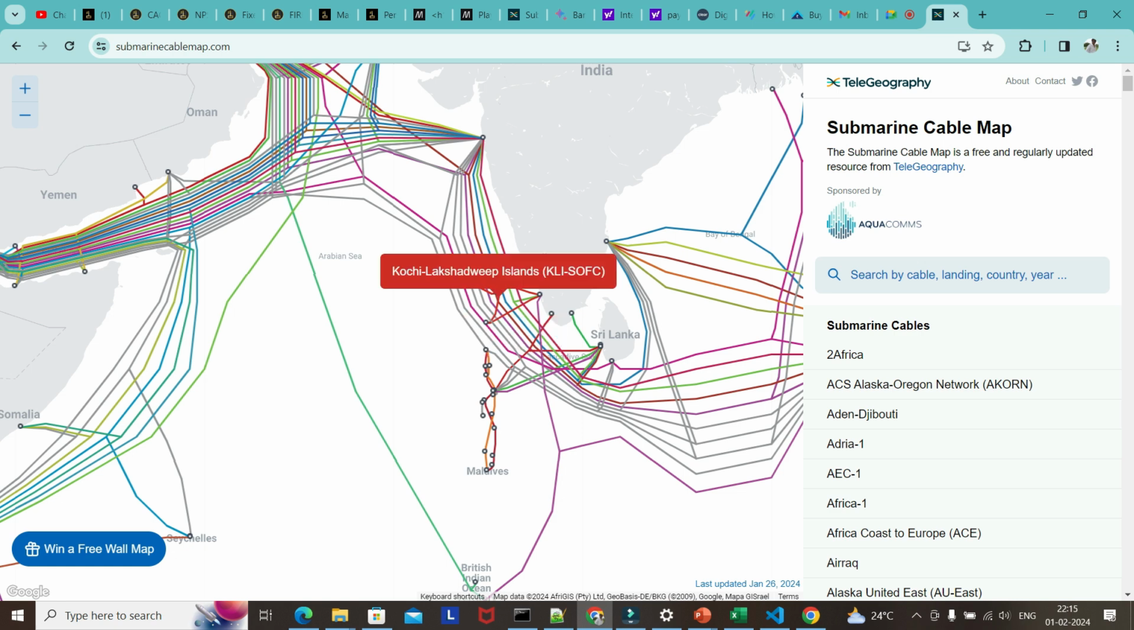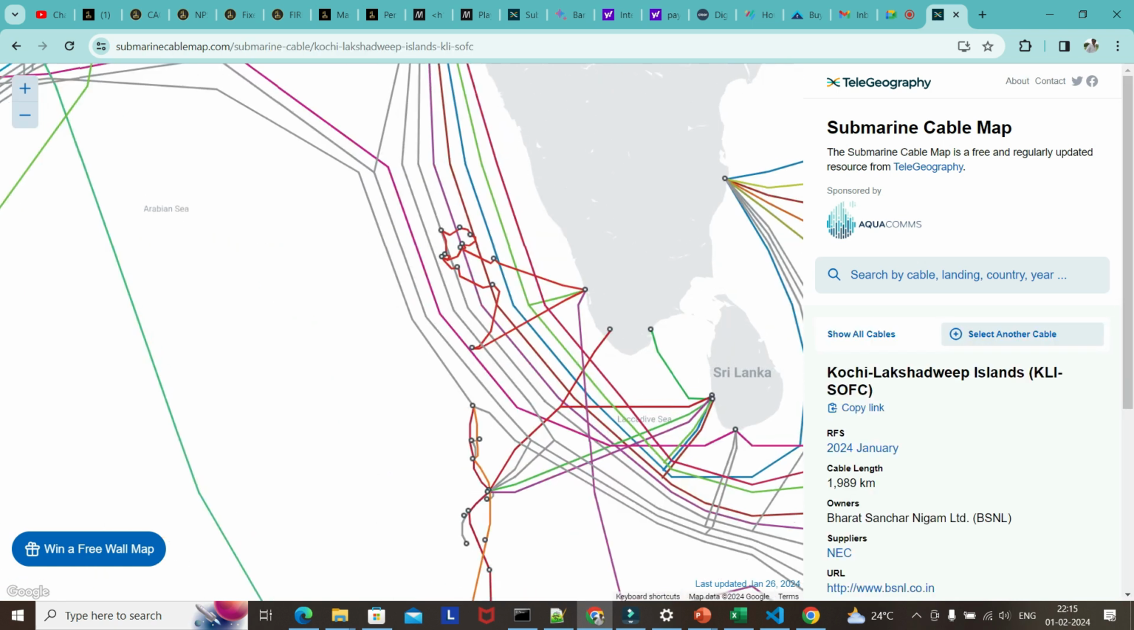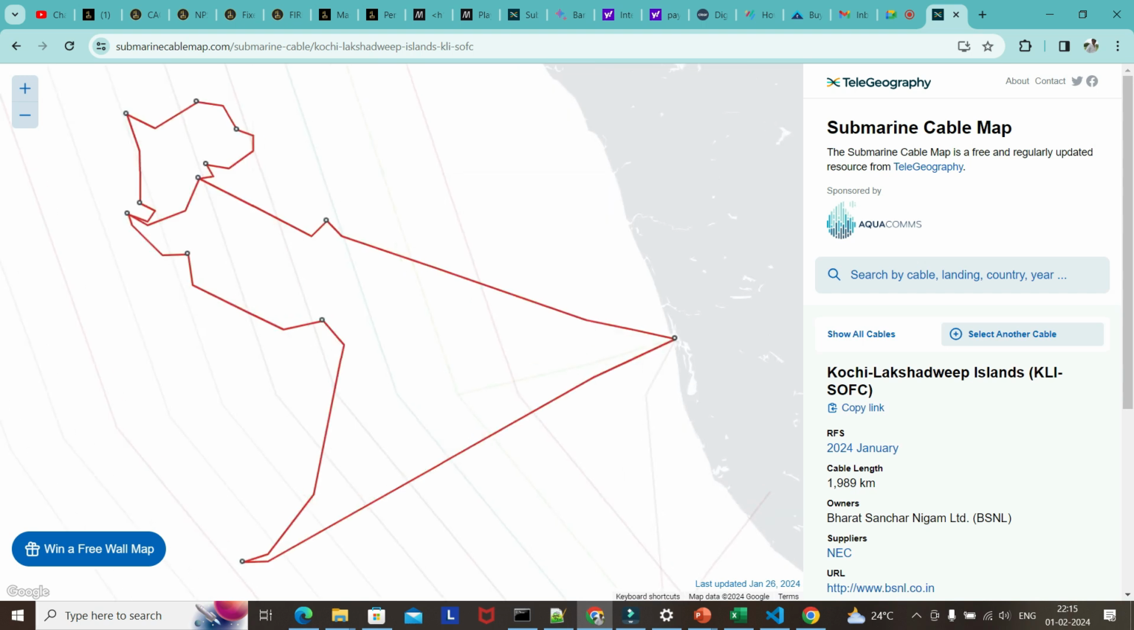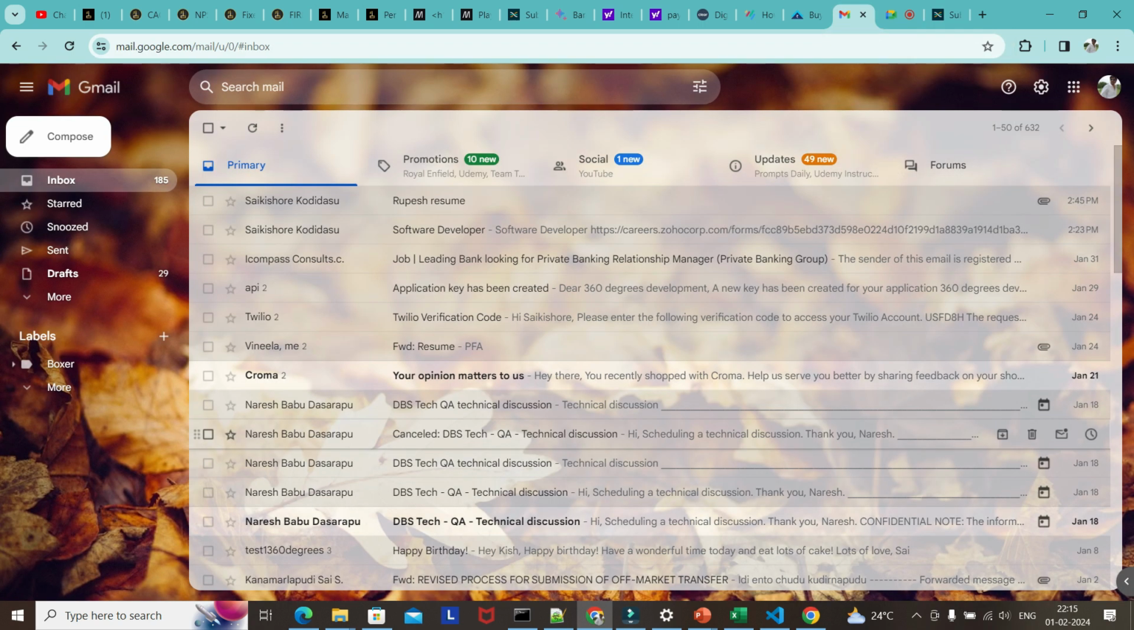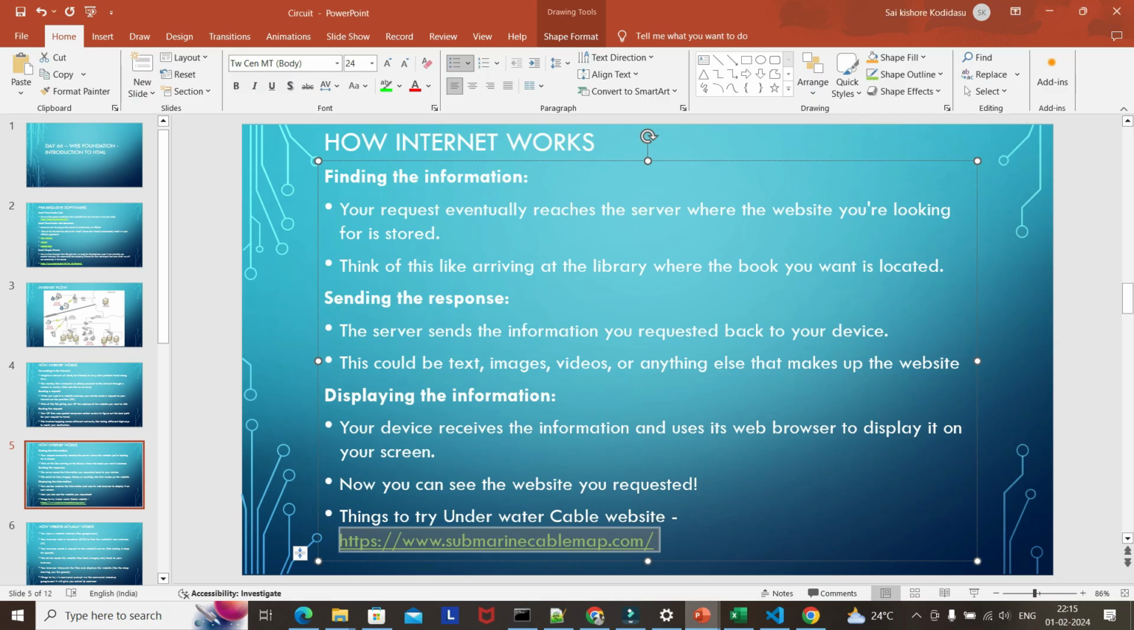So yeah, this is Kochi Lakshadweep. This is one of the undersea cables, which actually connects Kochi and the Lakshadweep Islands, so that they can access the internet easily. So going back to our topic,